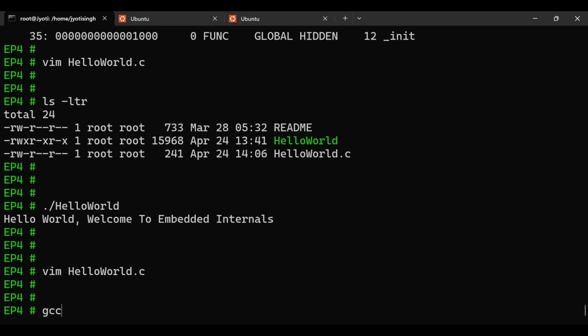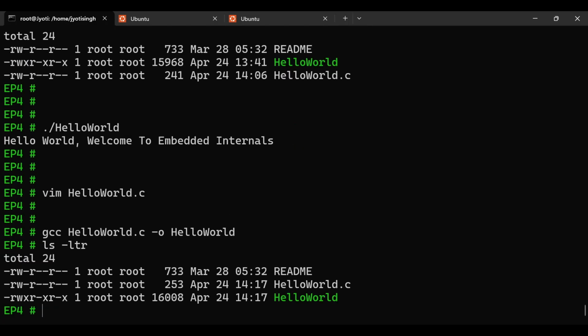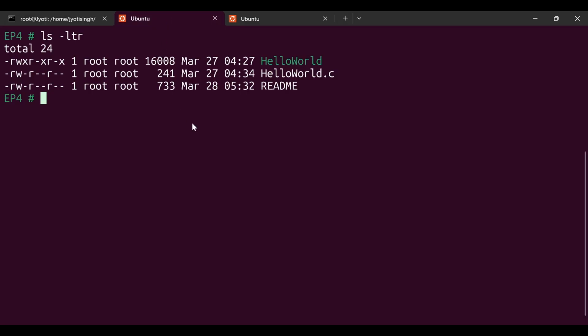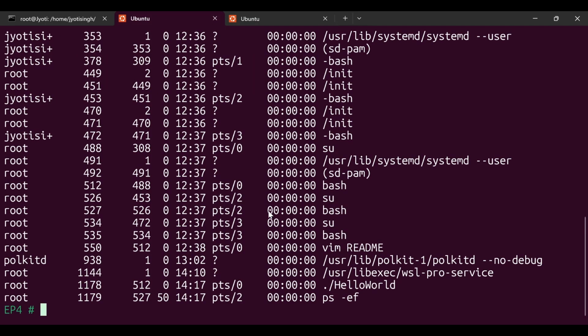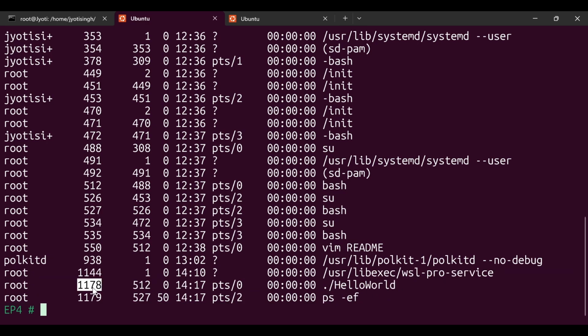So after doing the modification, we will run gcc hello.c -o helloworld to get the ELF file. Now the new ELF file will be generated at this current time. Dot slash, we are running this ELF file, hello world. In the process list we find that this is the ELF file which has this process ID. So let's move to this process ID, cat /proc/